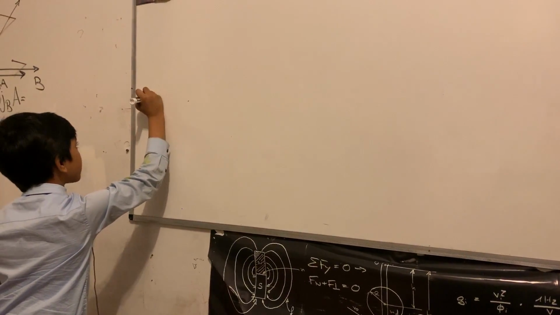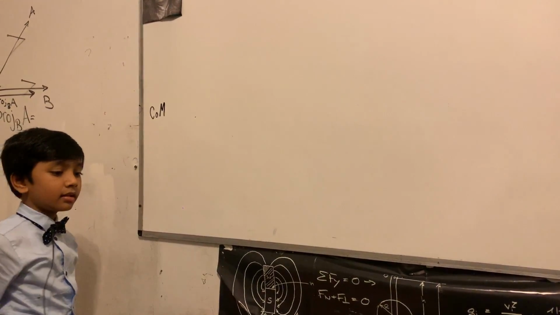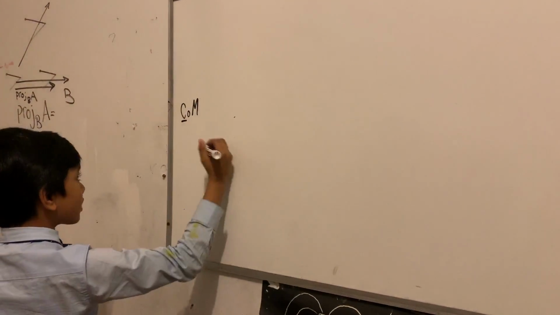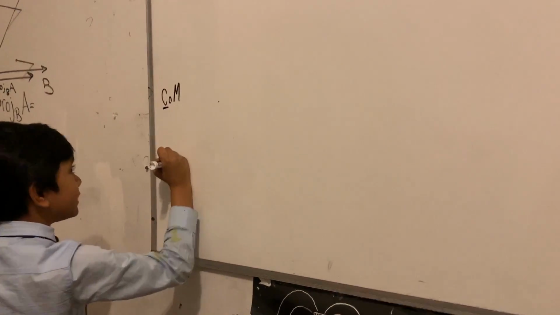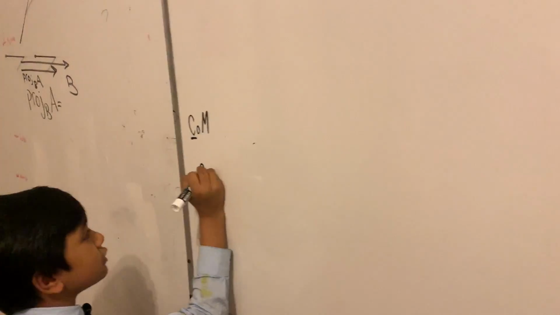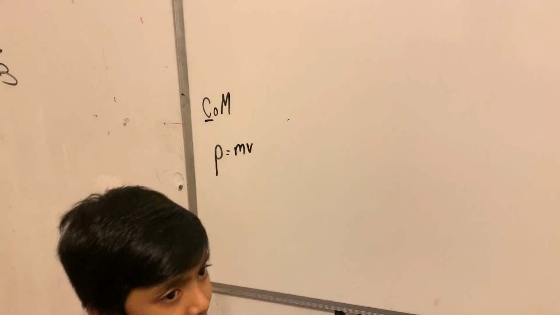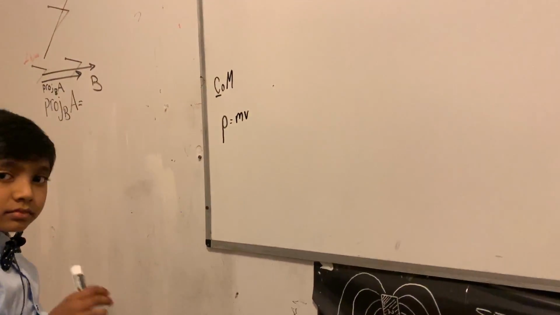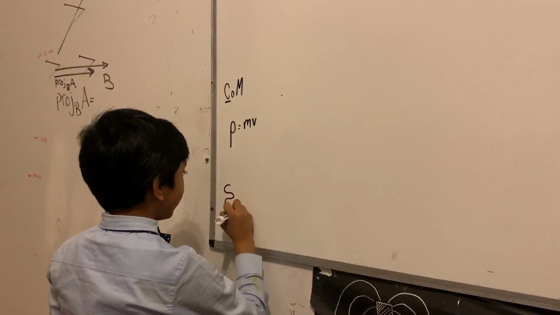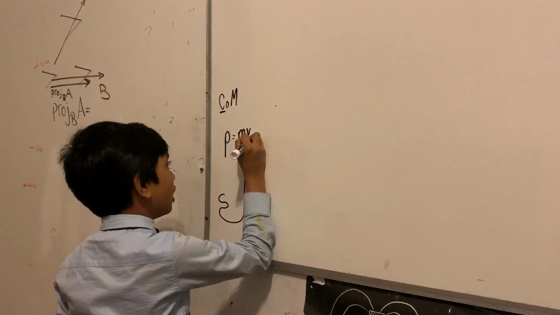So, today we're going to be looking at the conservation of momentum and how it changes in relativity. Well, you usually think of momentum as conserved and absolute. But let's take a deeper look into the equation. If you are a basic physicist, you most likely would know that momentum is equal to mass times velocity. However, let's see what happens when we take a deeper look into not mass, not momentum,